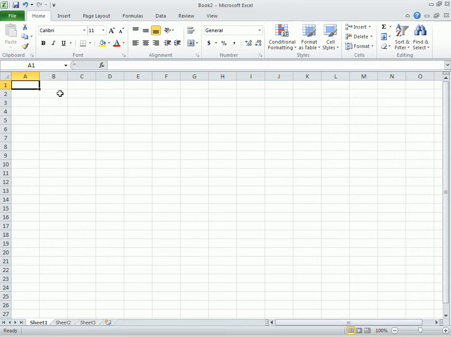If we look at page EX7 in Chapter 1, we can start with selecting a cell and entering text. In order to select a cell, you can simply use your mouse or trackpad if you're using a laptop, but I do suggest that you still use a mouse because it will be much easier to select things. To select a cell, you simply click on the cell that you want to select,